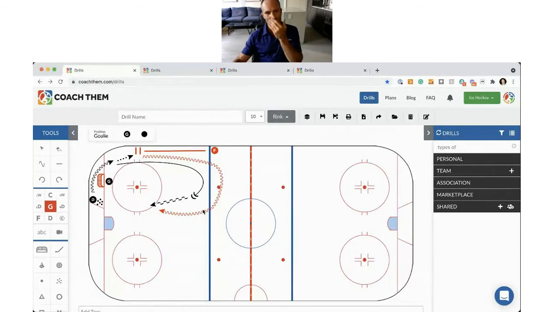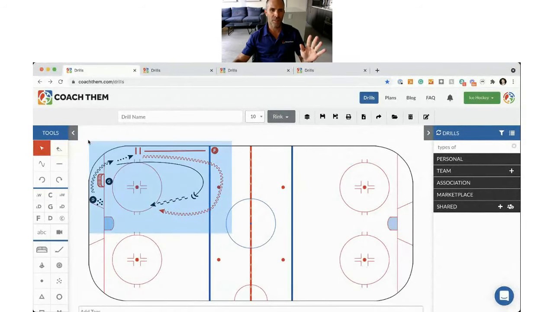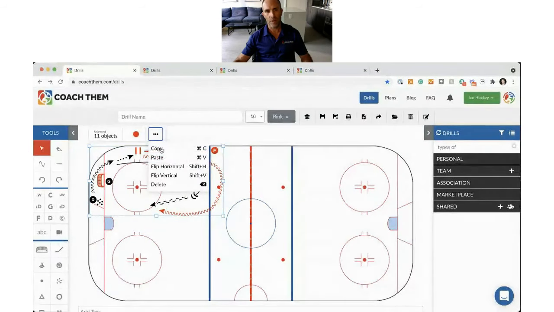Now, in the past, if I wanted to recreate this over here, I would have had to recreate every single line. Well, hopefully you guys are sitting down because this is pretty cool. Now, being able to select all of them, and now this little option, so if you see 11 objects selected, now this little option button up here, well, now we're able to click on it.